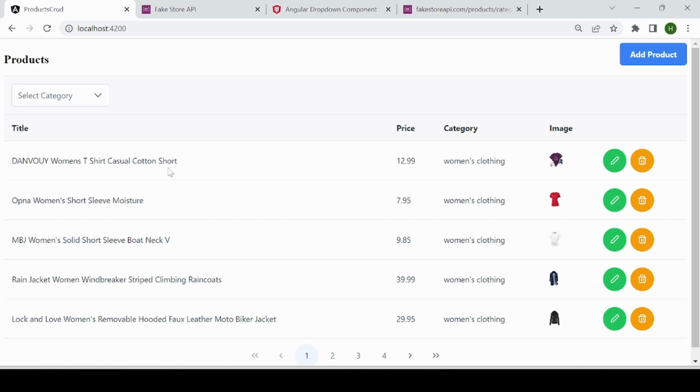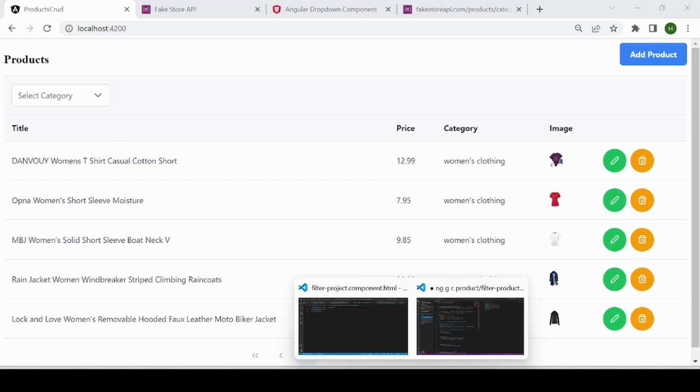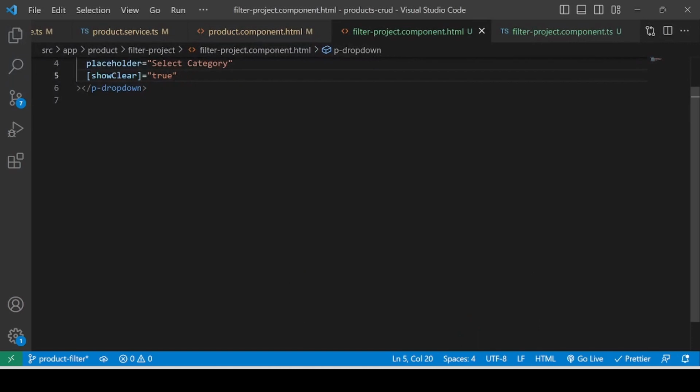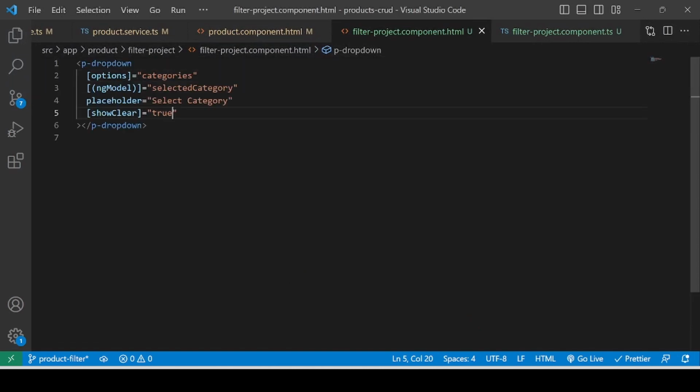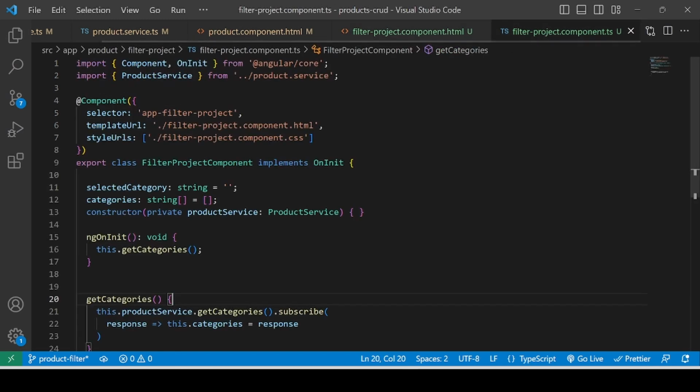Then what is next is I have a component and I have a drop down inside that. Once I select any category from this component to the product list component, I have to pass that category and I have to pass it to the API. That is our next step. For doing that, what you have to do is, for passing a value from a child component to parent component, we are using @Output. So in the project component,